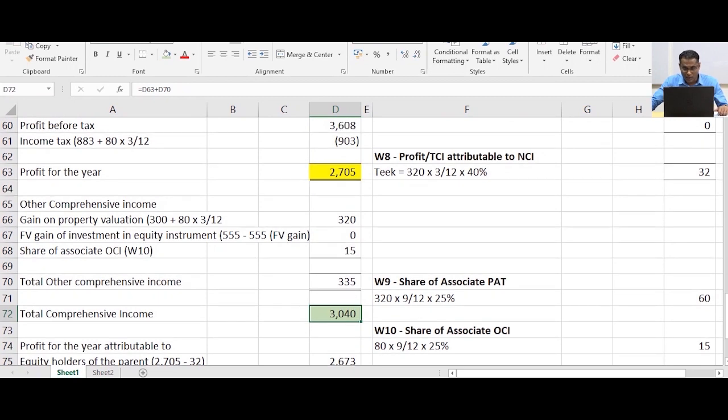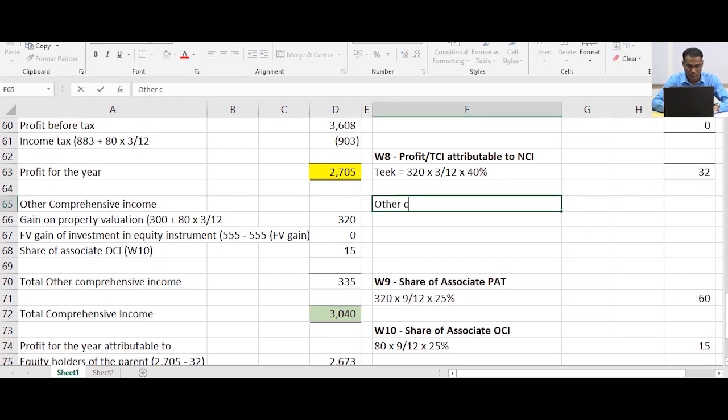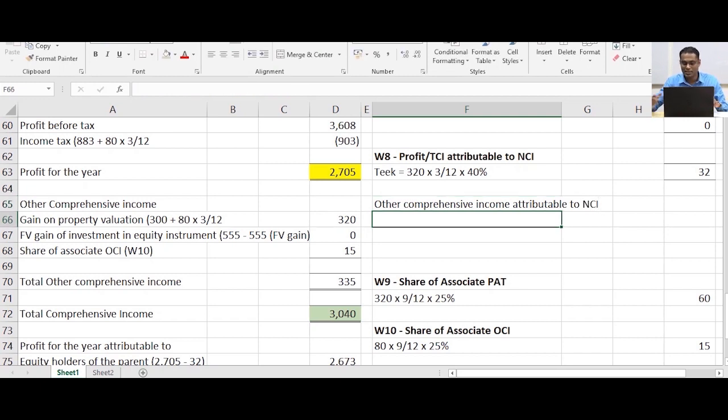So if I calculated the profit attributable to NCI is 32, then if I can calculate other comprehensive income attributable to NCI, then I can easily take the total comprehensive income attributable to NCI, because total comprehensive income attributable to NCI